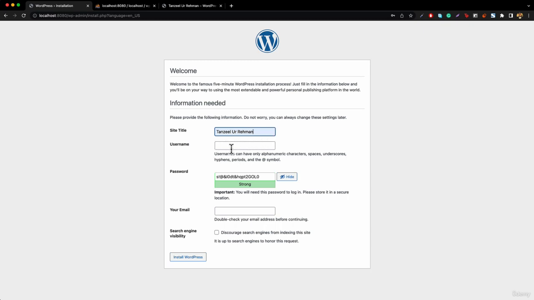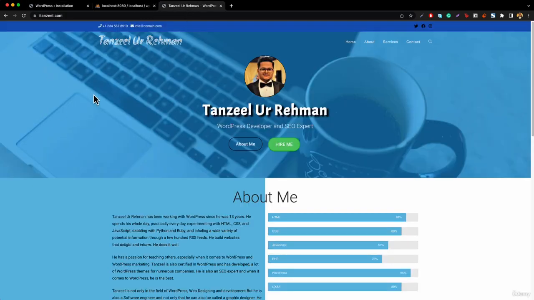In the username, we have to enter the username. That is going to be my name, Tanzil. Now remember, whatever you will be entering in here, that will let you log into your website so that you can make some edits. Like, let's suppose that this is a website that is online. Alright, and now if I want to log into this website, I have to type in here